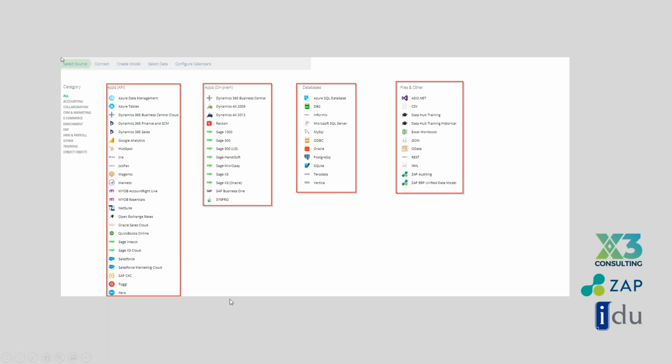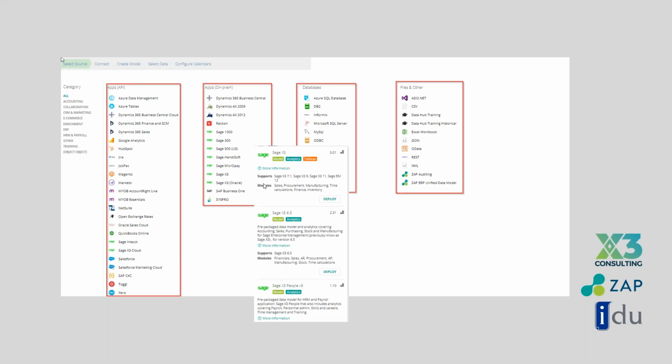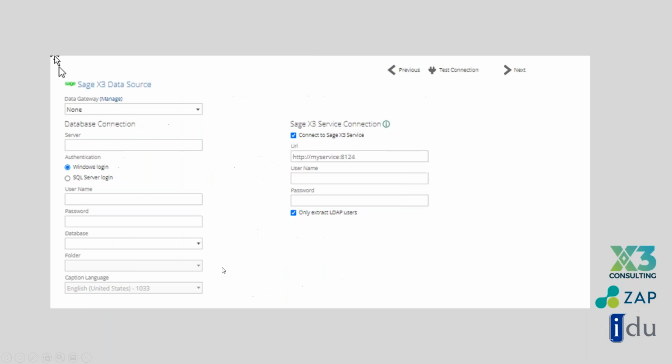But the one thing that we want to look at today is Sage X3. As you can see right now, what's being brought up here is my Sage X3 connector. I'm going to give you the model. I'm going to give you the analytics straight out of the box. And you'll see on the top there, those are the 5 steps that we use to bring in the data. So once we look at that,